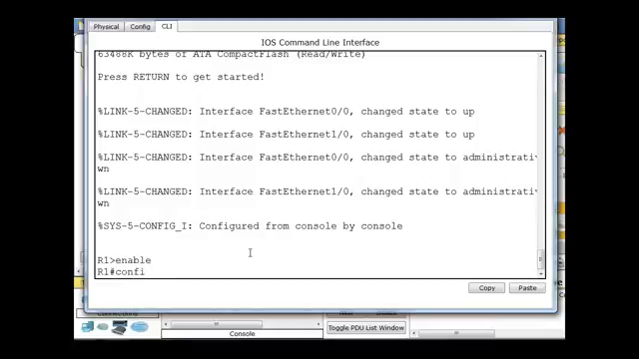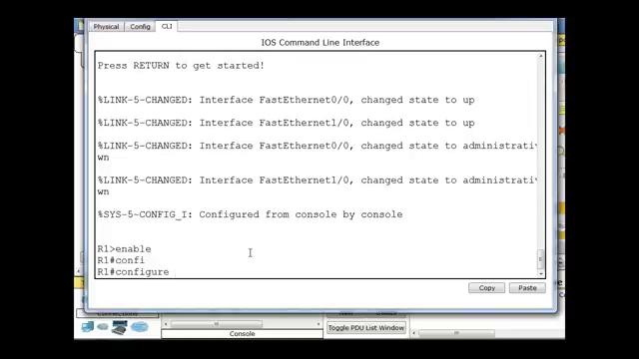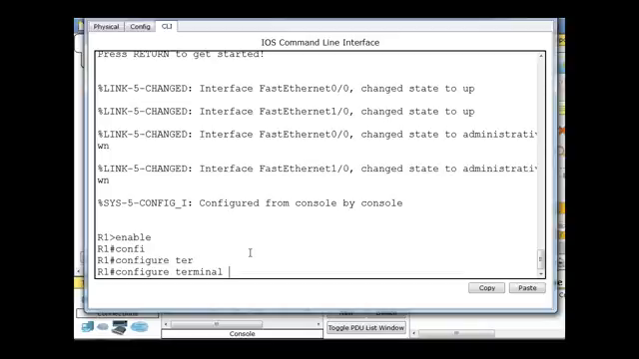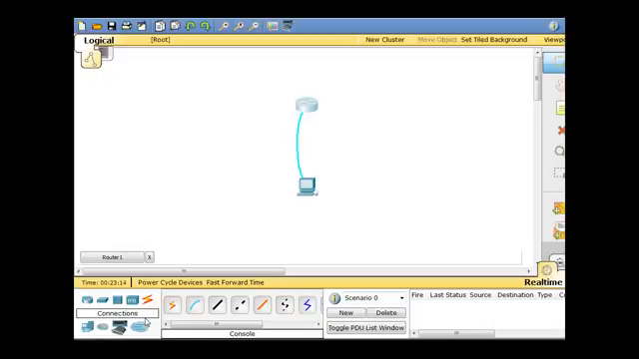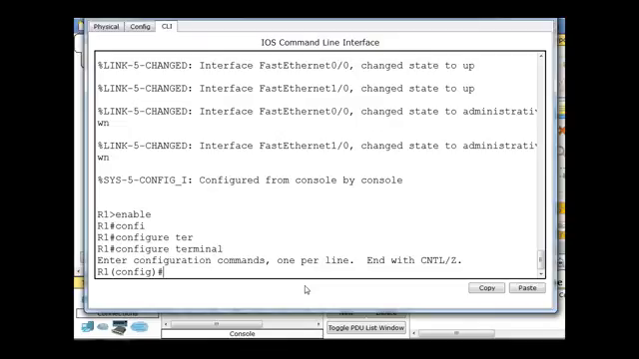config, conf, and I'll hit tab completion, and TER, hit tab, configure terminal, and this will take us into, hit enter, and that'll take us into global configuration. And now we're going to go to even a different configuration mode, a subset of global configuration mode. We're going to go to line configuration mode. So I'm going to say line,